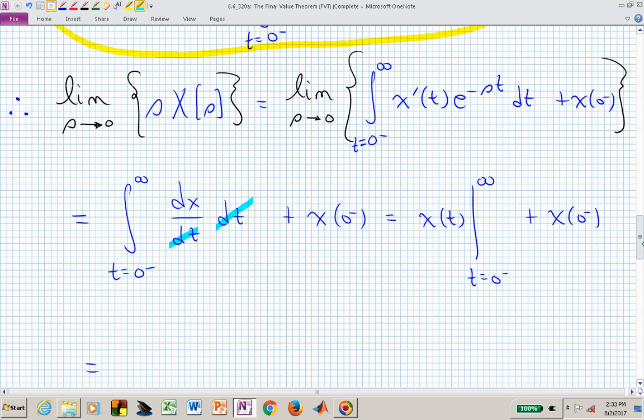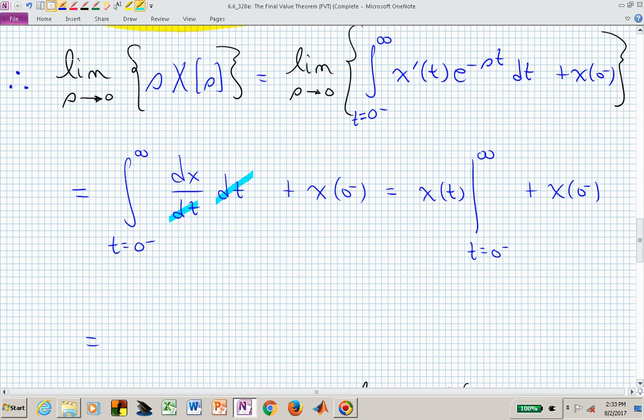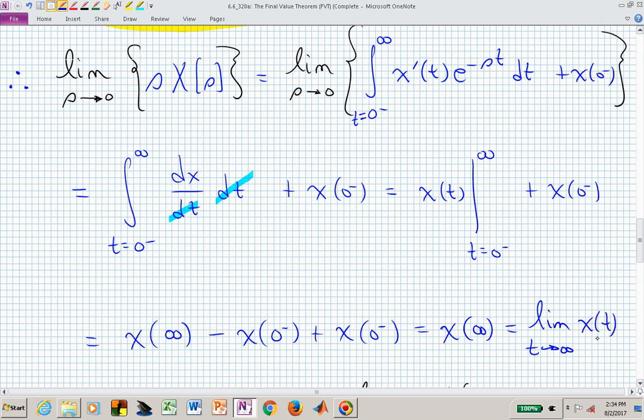For a result of performing the limiting operation on that integral relationship inside the curly brackets, we now have x at infinity minus x at 0 minus plus x of 0 minus, but that's just x at infinity, or the limit as t goes to infinity of x of t,